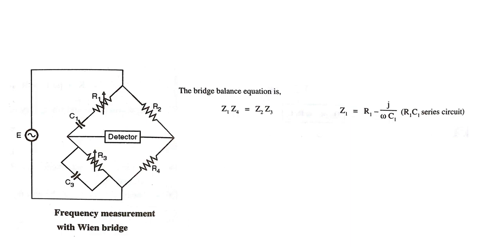So what is the use of the standard capacitor? If you see, the standard capacitors are lossless, that is the first advantage. The second is that their size is small, and they are economical and stable compared to inductors, and external fields have less effect on a capacitor. So these are the advantages of using a standard capacitor.